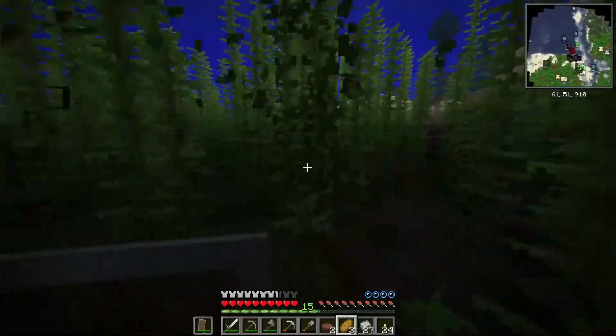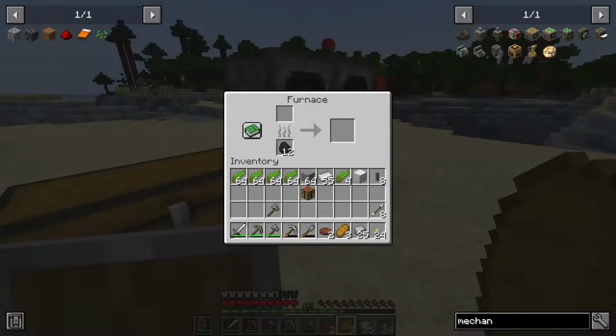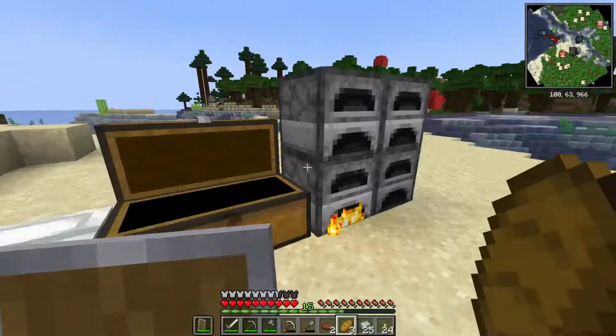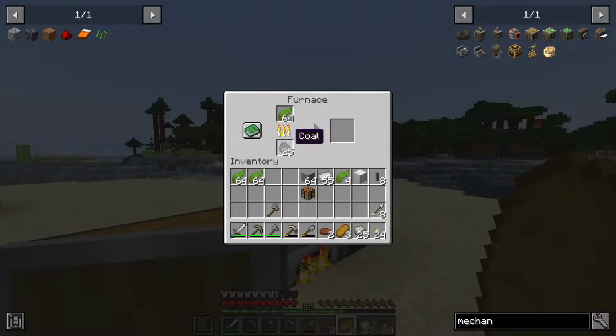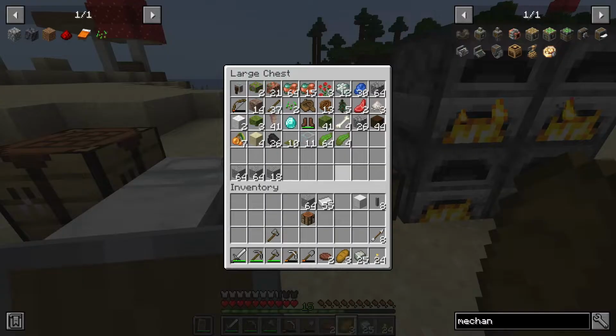Next, I started to gather some kelp because we actually need it to make some mechanical belts, which we will need for the first contraptions. So I smelted them all down using the furnace. Later on I will make a super smelter, but first off I need to